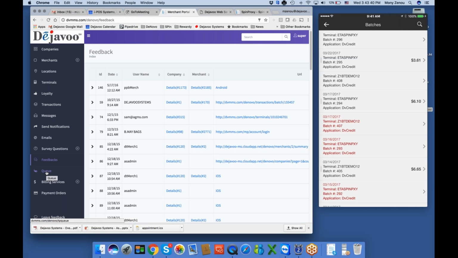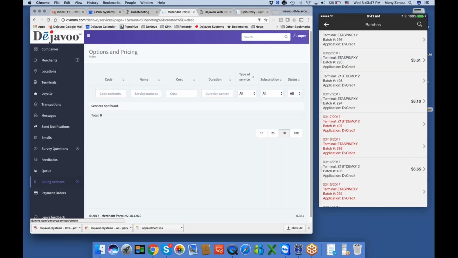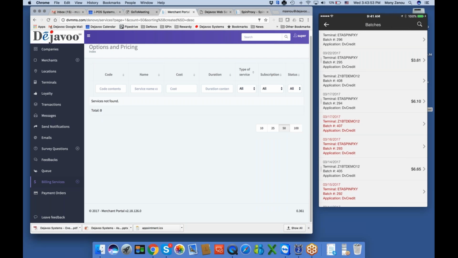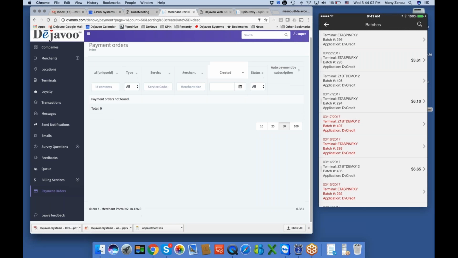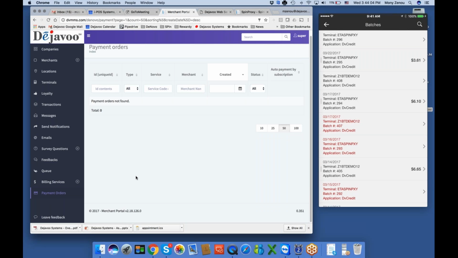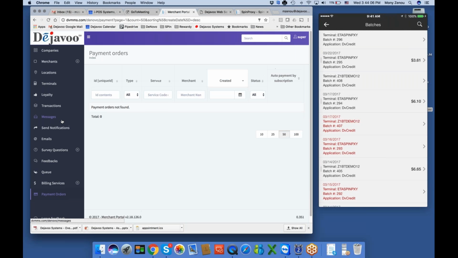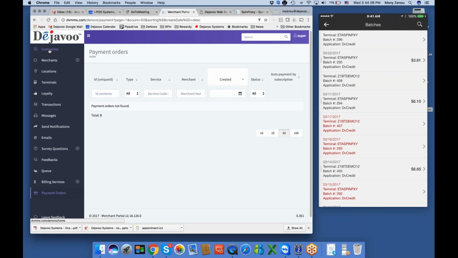I can look at a queue if there's a queue that has accumulated. I can see my billing services. In my billing services, I can create some type of schemes for different services and different fees. Then I can look at payment orders, if there are any, which means payments that were made and settled. Of course, on the upper levels, I can see all my merchants,